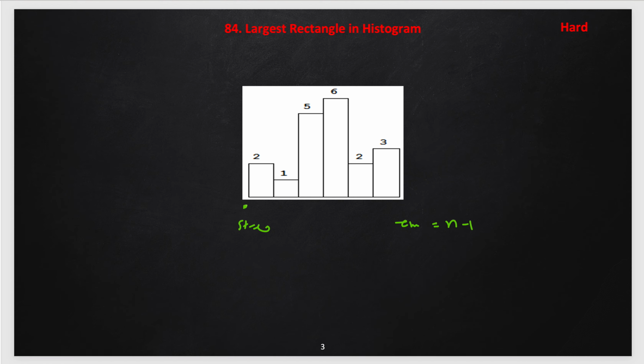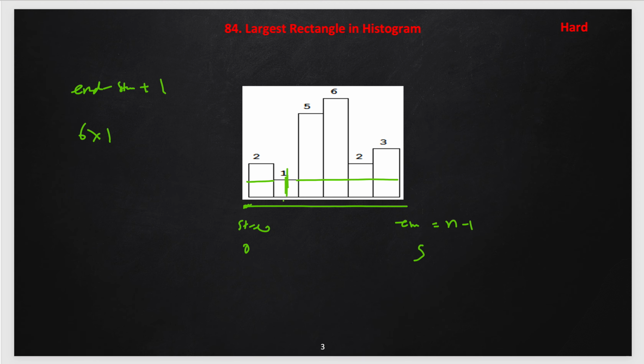So, if we know the minimum bar, the height of the minimum bar, then that will be sharing the common height, this minimum here is 1 for now. So, it is sharing 1 for all the other bars. The number of bars is end minus start plus 1, as we are considering this is the index space. So, initially this is 5 and this is 0. So, this will become 6 into the minimum which is 1. So, here this is the minimum.